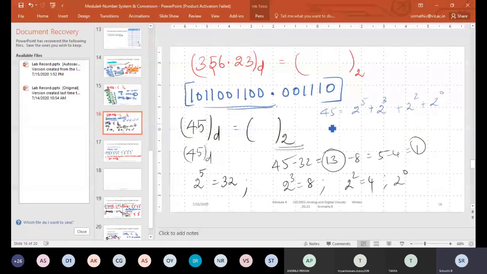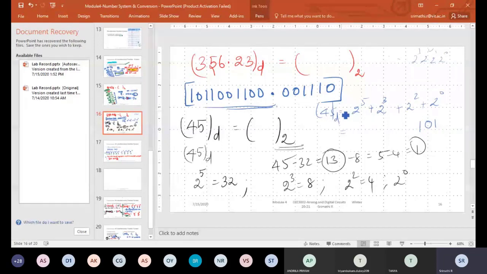Then what I have to do is convert this 45 decimal to binary. So let me go ahead. Before my decimal point, it will start from 2 power 0, then 2 power 1, 2 power 2, 2 power 3 and so on. 2 power 0, I am having 1 in this 45, so I will be writing it as 1. And between 2 power 0 and 2 power 2, there will be 2 power 1. There is no 2 power 1 here, so I need to write it as 0. 2 power 2 I'm having, so I need to write it as 1.